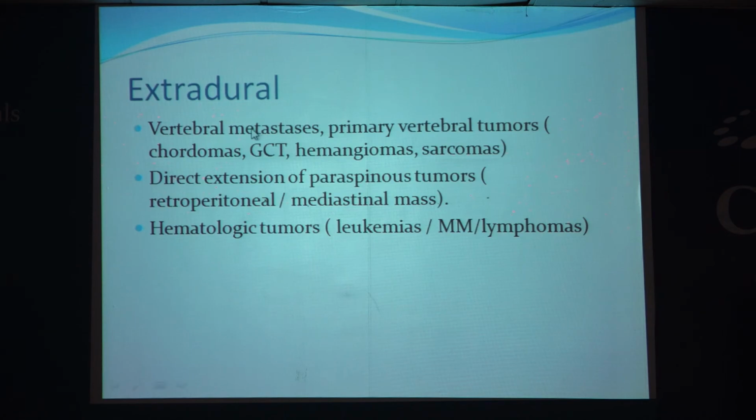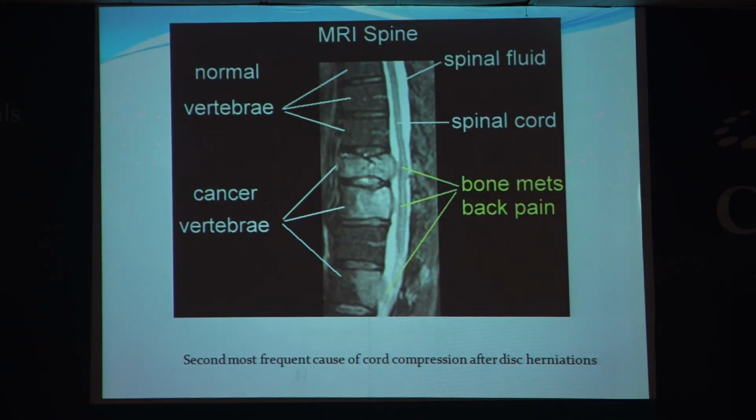mets, and other causes will be primary vertebral tumors like chordomas, giant cell tumors, hemangiomas, sarcomas, or direct extension of the paraspinous tumors like retroperitoneal or mediastinal masses, and hematologic tumors like leukemias, multiple myelomas and lymphomas. So now we can see here that it is a selected sagittal image of the spine